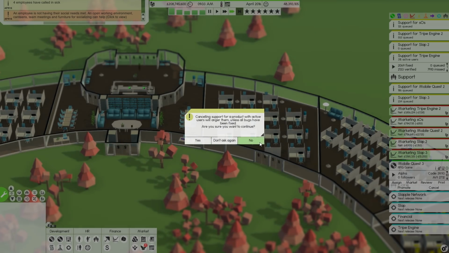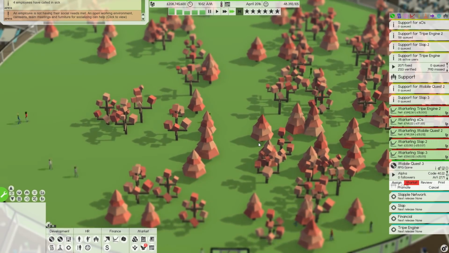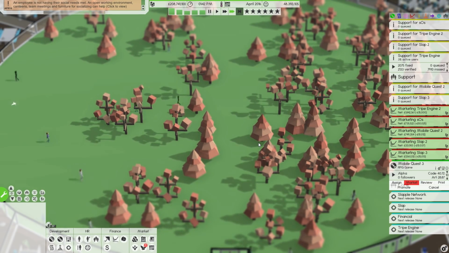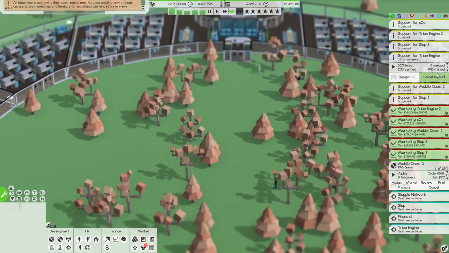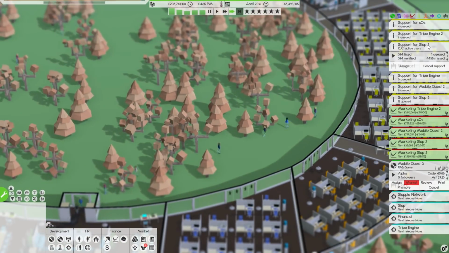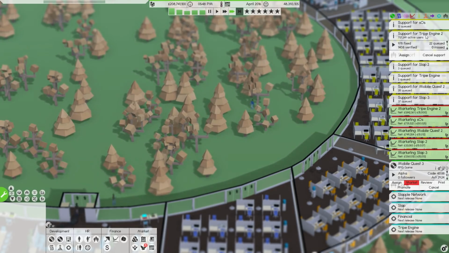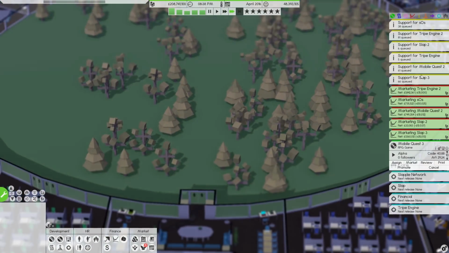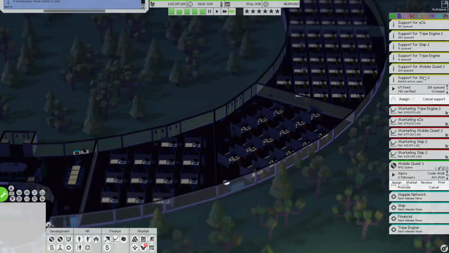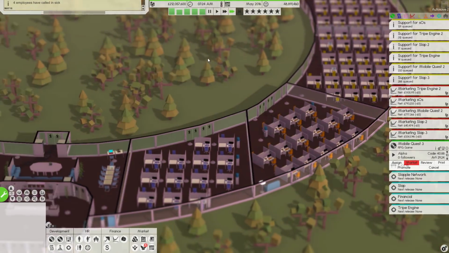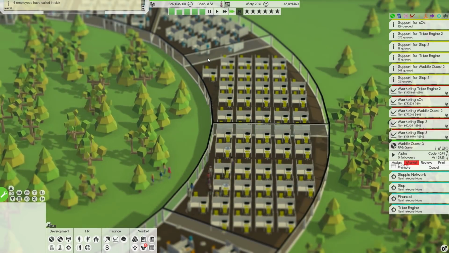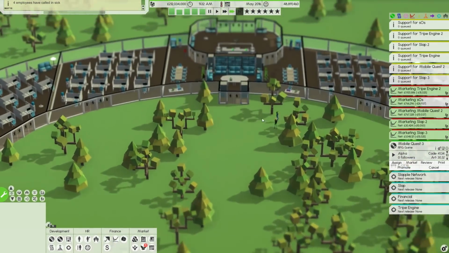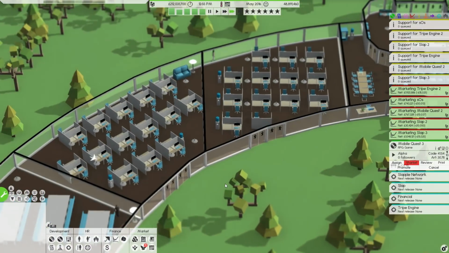I feel like I do want to do that. You know, there's 315 people currently. I've only just noticed that we missed a lot of tickets on that. We've missed none on Tripe Engine 2. We've missed none on SOS. None on Mobile Quest 2 and none on SLAP 3. So basically, our support team is doing fantastic work. Which is fitting because there's like 100 of them. So I guess I probably shouldn't be surprised at that.